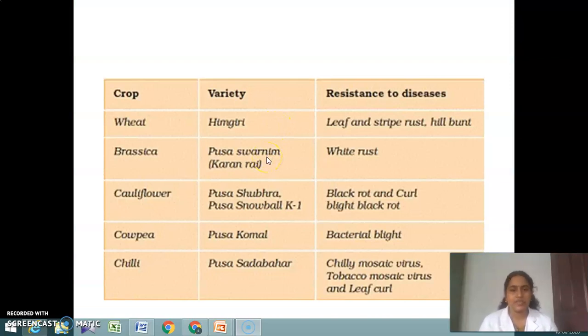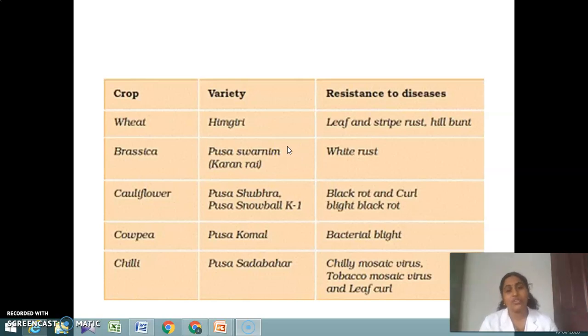You can see the same table in our textbook too. So here in this table it explains different varieties of plant which can resist the diseases. Children, it's very important for the fill in the blanks section, that means in MCQ, multiple choice questions, and match the following. The question has been asked repeatedly. So you have to read the table several times, otherwise you may forget this.